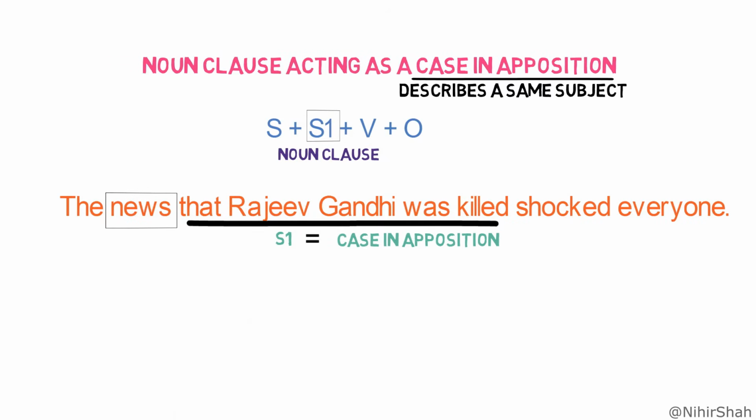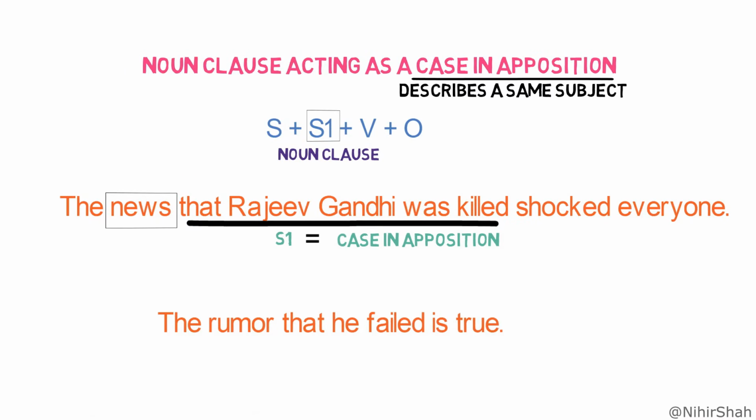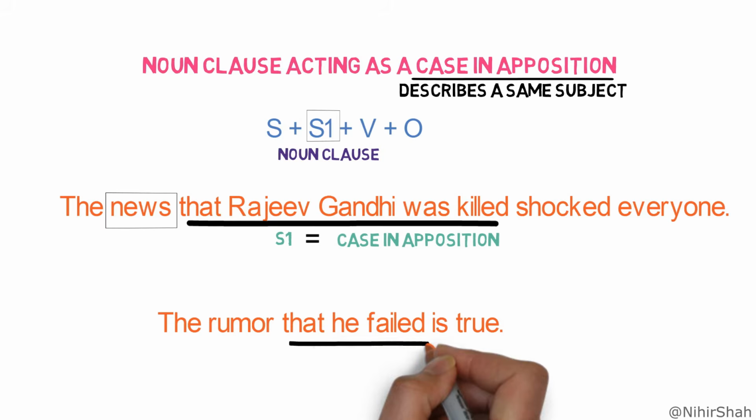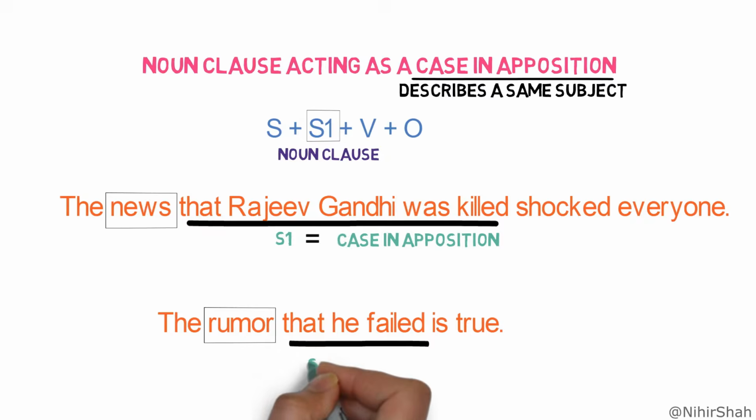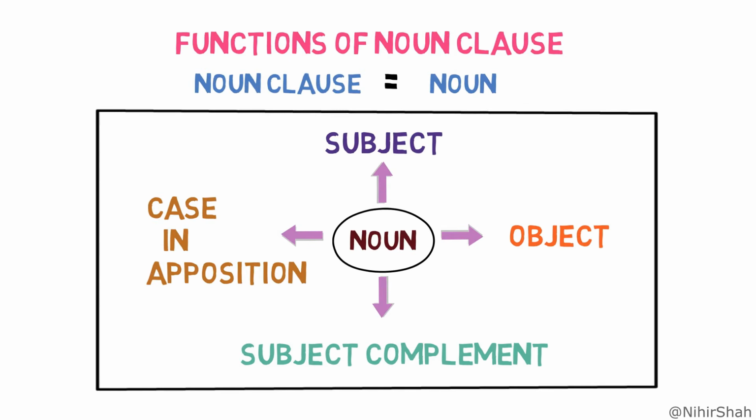One more example could be, the rumor that he failed is true. Here, the clause that he failed is giving more information about the same noun rumor. So, it's a case in apposition. So, in this way, a noun clause can act as a case in apposition in the sentence. So, the 4 ways in which a noun clause might come are as a subject, object, subject complement, or case